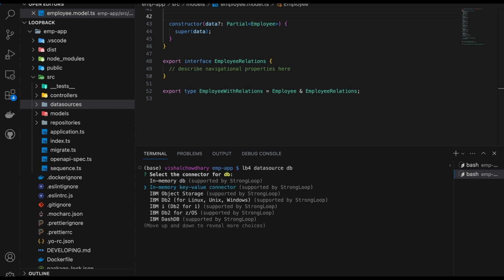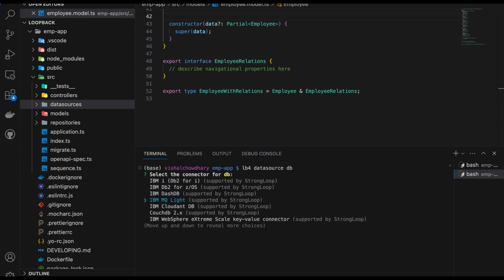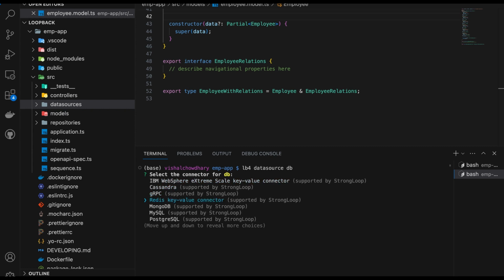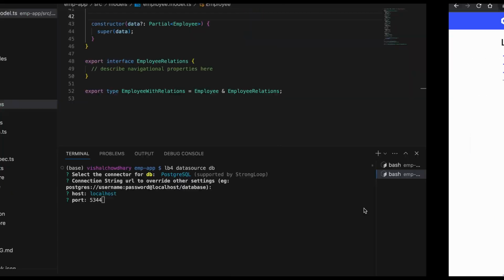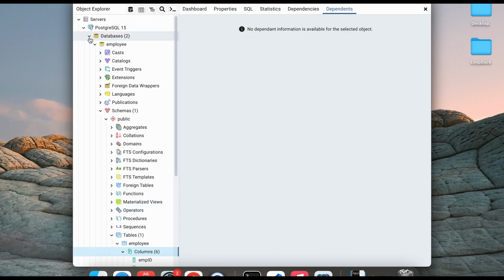We'll select the connector for DB. In memory key value, IMDb hash, these are the various DB which are available. So we can go to the PostgreSQL, we can enter it, override, yes, okay, and the host would be localhost, port would be 5344, port from where we can check the port,